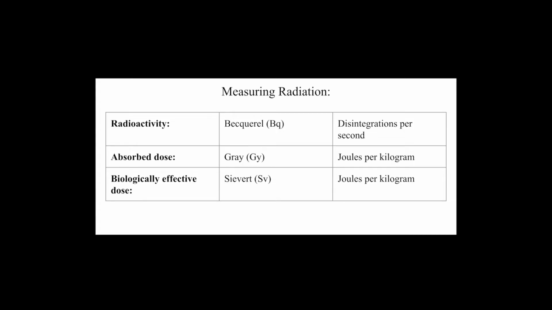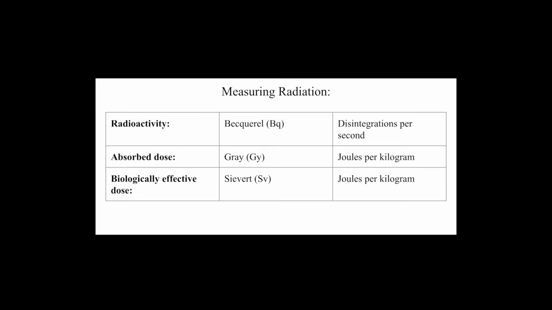Sieverts cannot be measured purely as a physical process because it depends on the biological effect of that radiation. So a sievert represents the equivalent biological effect of the deposit of a joule of radiation energy in a kilogram of human tissue determined by medical study. So there's an equivalent standard that depends upon particularly what type of radiation it is and where it is absorbed on the body. So that's determined through medical studies. So a sievert